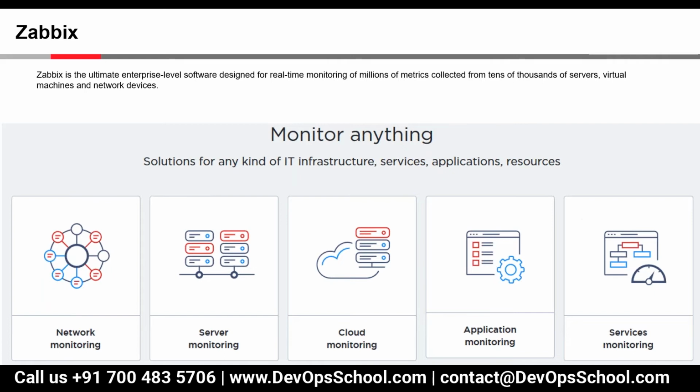Then comes server monitoring. In server monitoring, we have both agent as well as agentless monitoring. For servers, we need to install an agent, and that agent will capture the information of CPU, memory, disk, network, or any other application information as well, and it will send it to the Zabbix server.